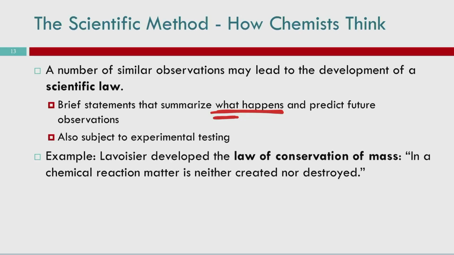So if I burn any logs in my closed container, the mass is the same after the logs are done burning, for example. So then if somebody else took some new color of log, fuchsia logs have entered the scene. Somebody says, I've got fuchsia logs. If I burn them in the container, the mass should be the same based on this law. Even though nobody's tested it, we know based on all the other logs that we've burned in these containers, it's been the same mass before and after. So if we burn the fuchsia logs, we would expect the same thing to happen. So we can apply it a little bit outside of just what we've observed. And we can test that as well.